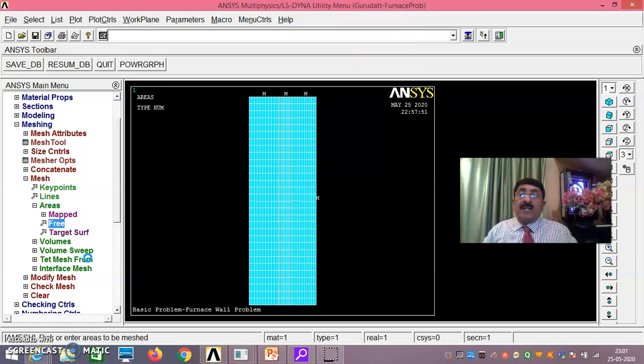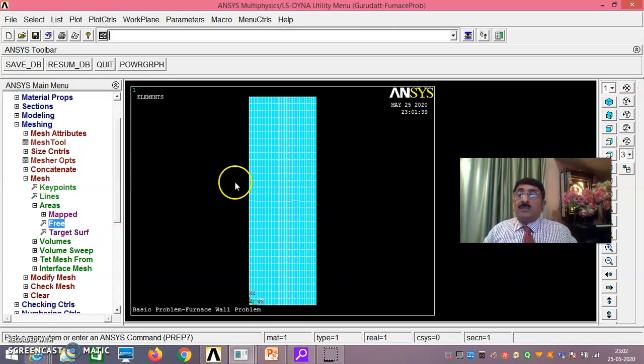It takes time, you have to wait. Now as you see here, so many elements here. 1, 2, 3, 4, 5, 10 elements, 10 elements, 10 elements. In that way here, 30. In that way, you can know so many things here. Here itself 10 into 30. Here also 10 into 30. Here also 10 into 30. You can imagine how many elements: 10 into 30 into 3 times.